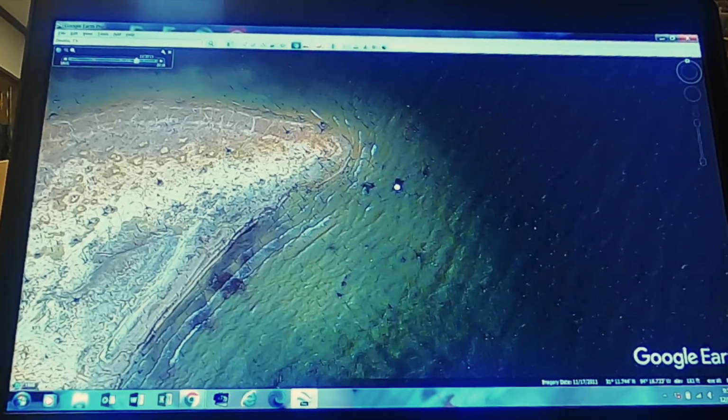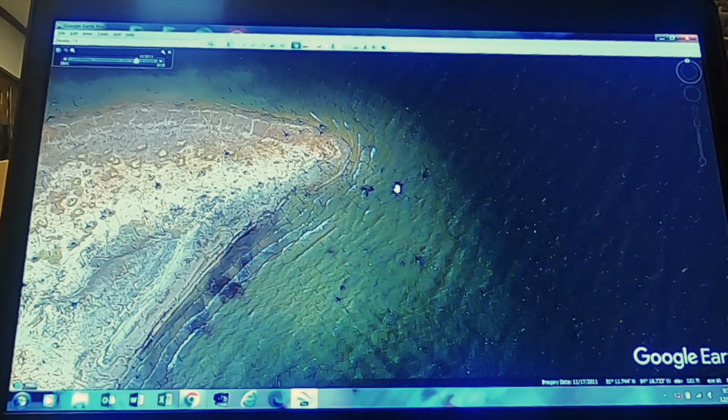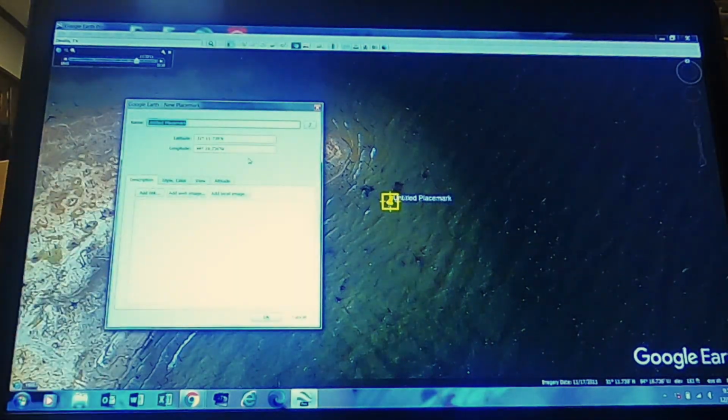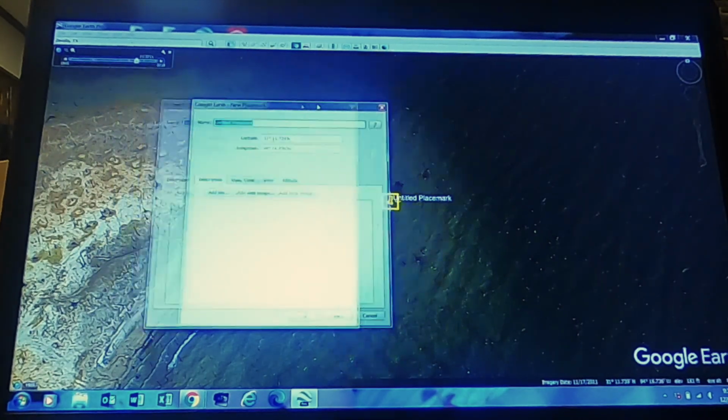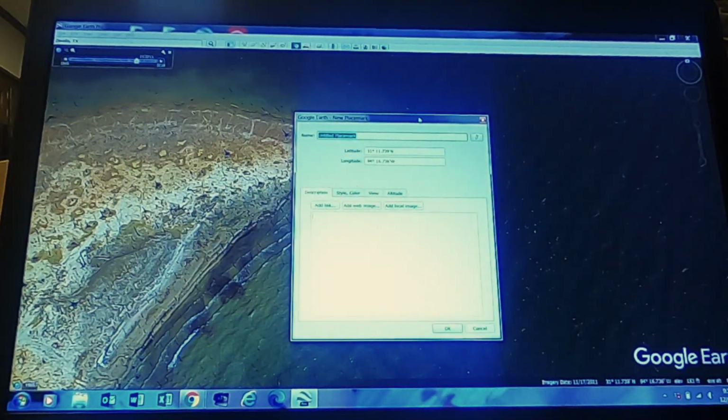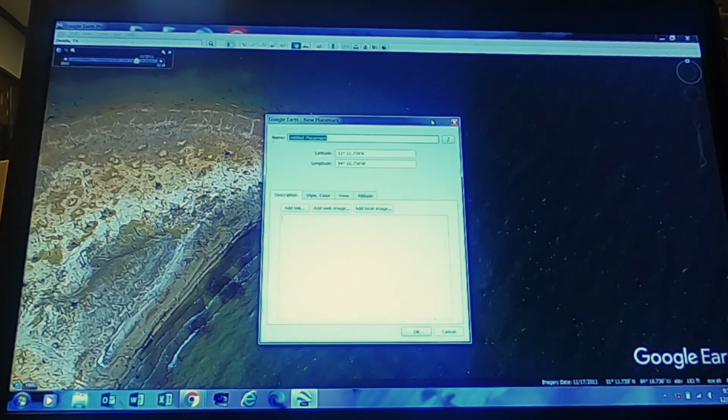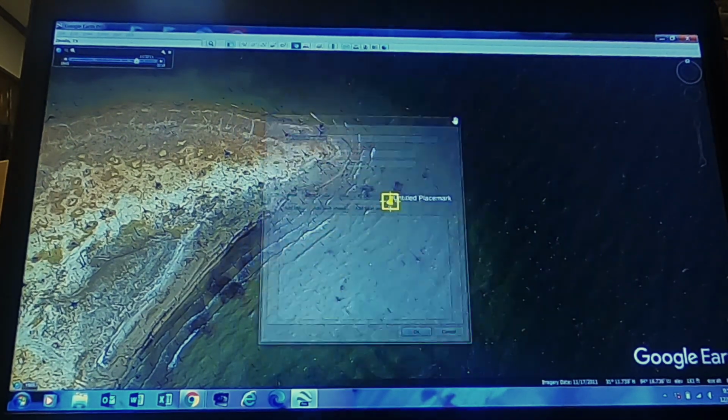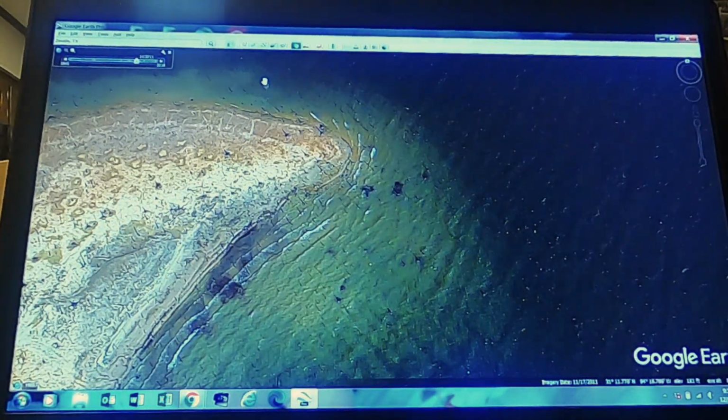So say I want to mark that spot so I can come back and fish that spot later. All you want to do is go up here, click on it, and drop a pin on it. Once you drop the pin, it's going to tell you the longitude and the latitude. Now, a lot of times it'll pull up like that, where you can't see your pin. And if you do this, and you close it, whoops, sorry about that,